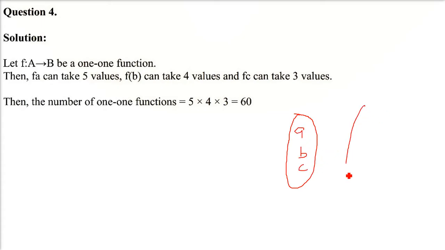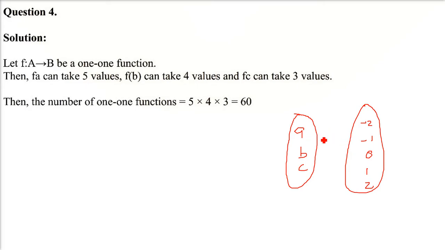This is a mapping, or you can say an arrangement problem, or permutation, which you have already seen in probability theory. So what we do here is try to make a combination. If we want a 1-to-1 function, there should be only 1-to-1 mapping. That is, A can be mapped to -2, B to -1, and C to 0. But this is only 1. Now A can be mapped to -1, B to 0, C to 1. But every time we have to make sure we don't have repeated ones, so we have to remove those also.